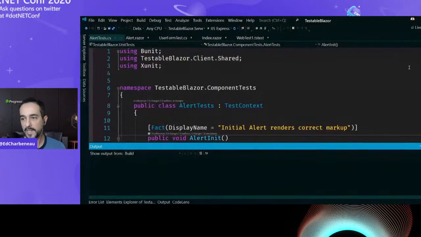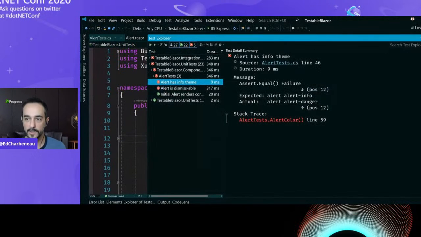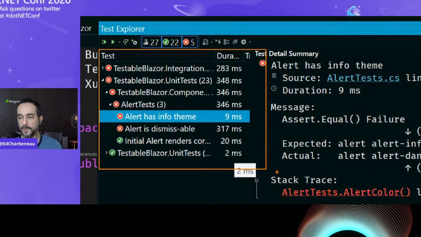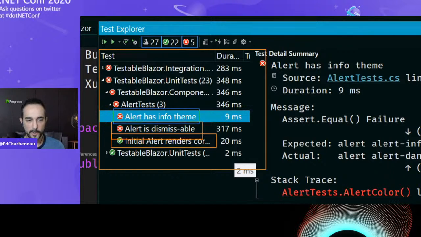Let's go into our application and look at our unit tests and see what's going on here. So I'm going to open up Test Explorer. And in Test Explorer, you'll see I have multiple tests running here. A lot of failures. We're going to go through and fix a lot of these. Right now, we have our initial rendering test that passes, so we know the alert component renders correctly the first time, but the dismiss button isn't working, and there's an info theme that's not